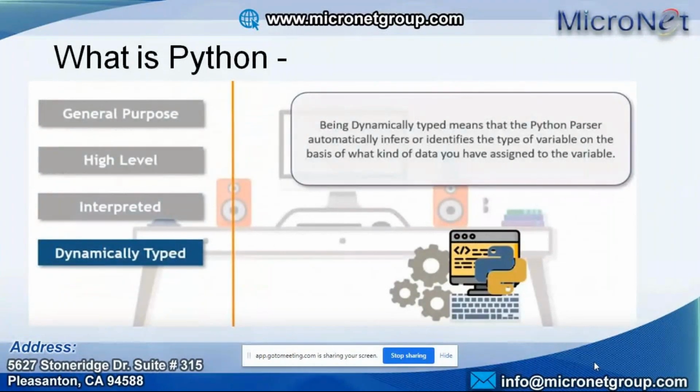You can just declare any variable by saying x equal to 10. That means Python internally understands what exactly the 10 is, whether it is an integer type or a string, whatever it is. By default, it will assign the type automatically. So no need of worrying about declaration, no need of worrying about memory overflow concepts and all. That's where Python is most useful. That's the reason we call it a dynamically typed language.